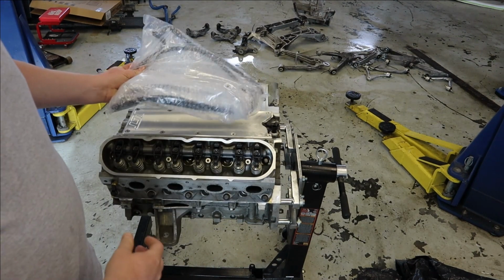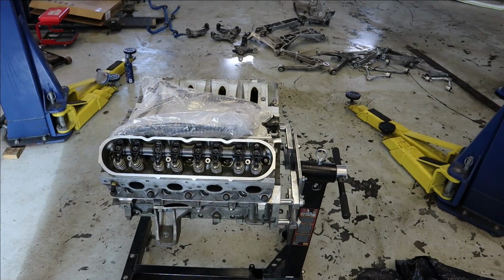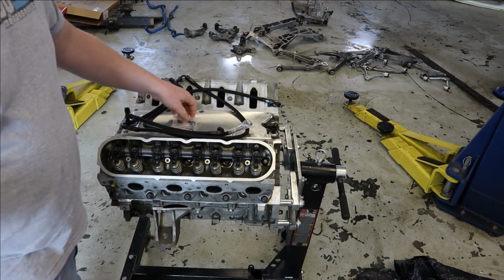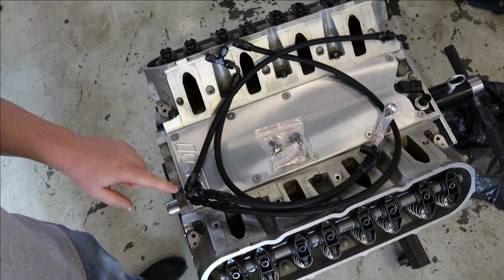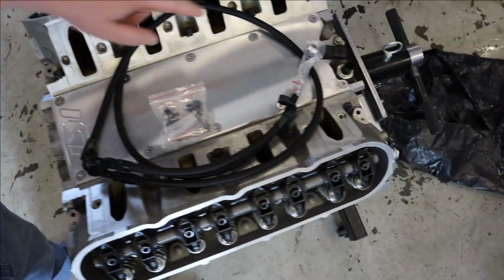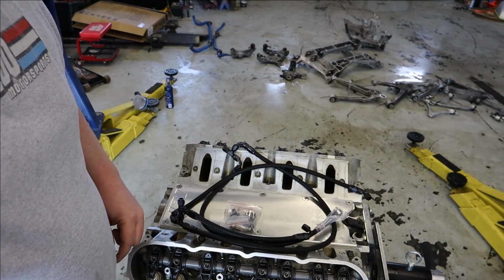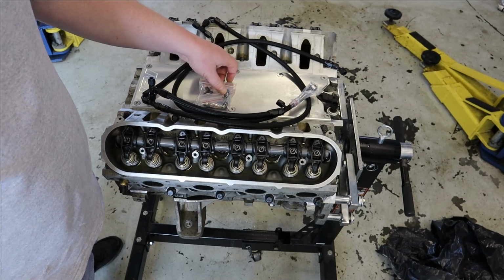First being this steam vent kit, which I'll open and tell you what it's about in just a second. So LS engines have steam vents, 4 of them. They're on the top of the heads. Hopefully I've got you in the frame here. So we've got a spot here, here, and the same thing on the other side. And the idea behind them is to prevent hot spots in the engine,